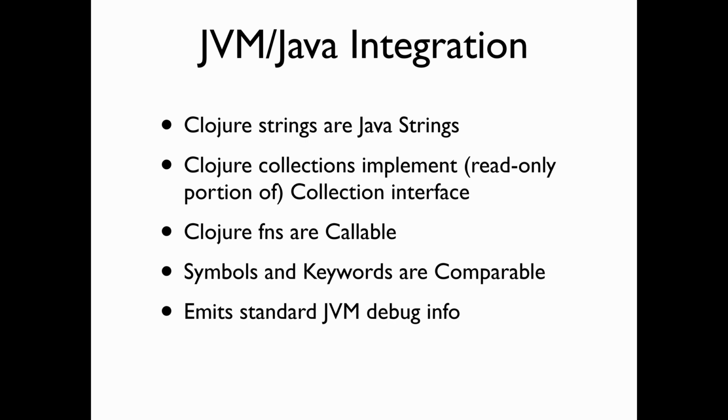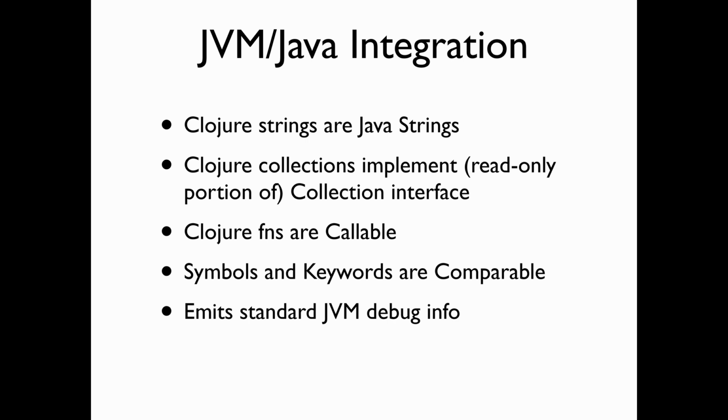So if a Java function takes a collection, you can pass a Clojure thing directly. Clojure functions are Callable, which is a no-arg thing that's used by the executor framework, for instance, to start threads and run things in threads. So if you have a lambda and it takes no arguments, you're ready to go. You don't need to package it or call a new thing or do anything. It's there. Symbols and keywords are Comparable. And everywhere I could, where it made sense for my types to integrate with the Java types, they do. So that works easily. In addition, Clojure implements and emits the standard JVM debug info, which means that, for instance,